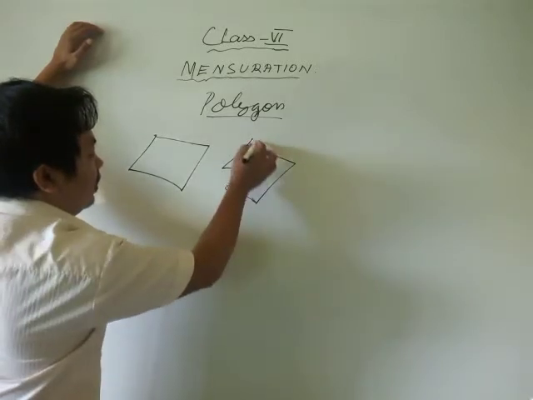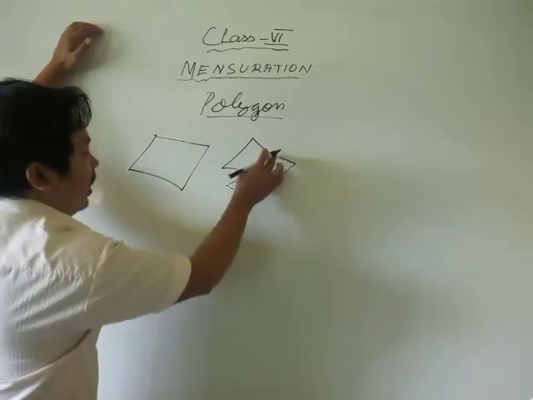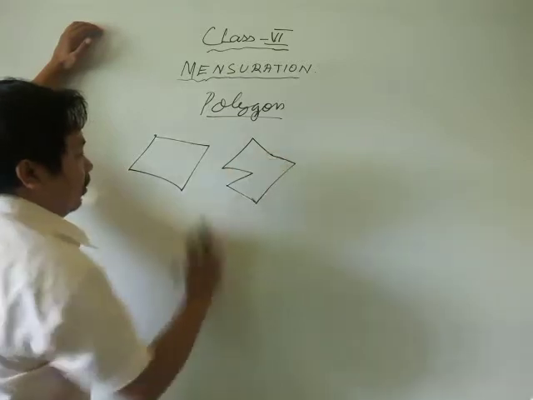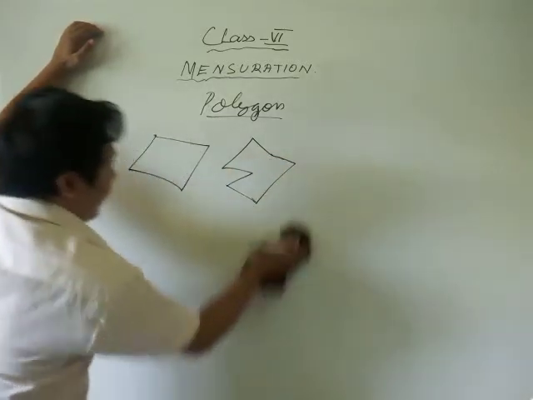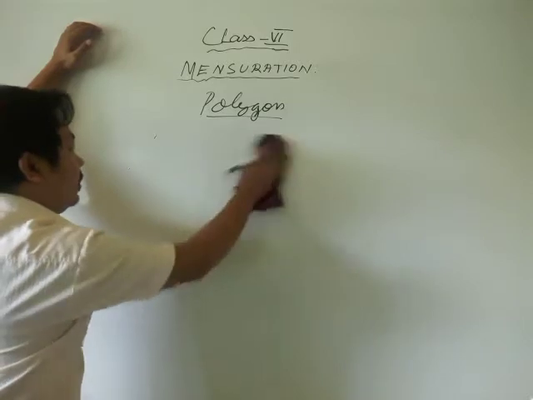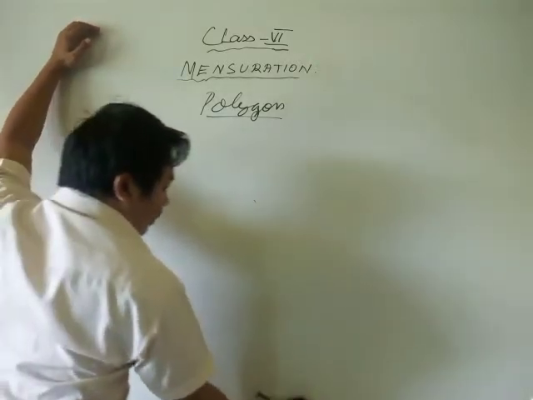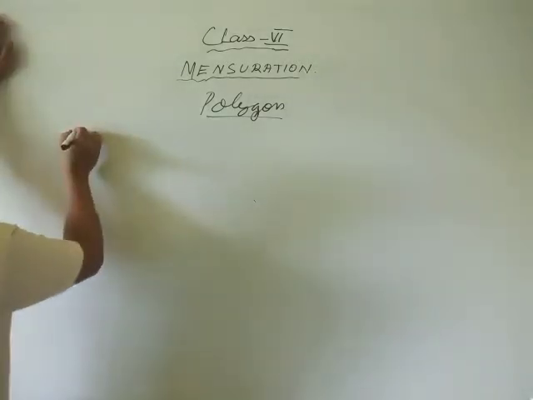This is also a polygon. It's made up of sides and they are closed. So we are going to find out the perimeter of some polygons here. For example, a polygon called